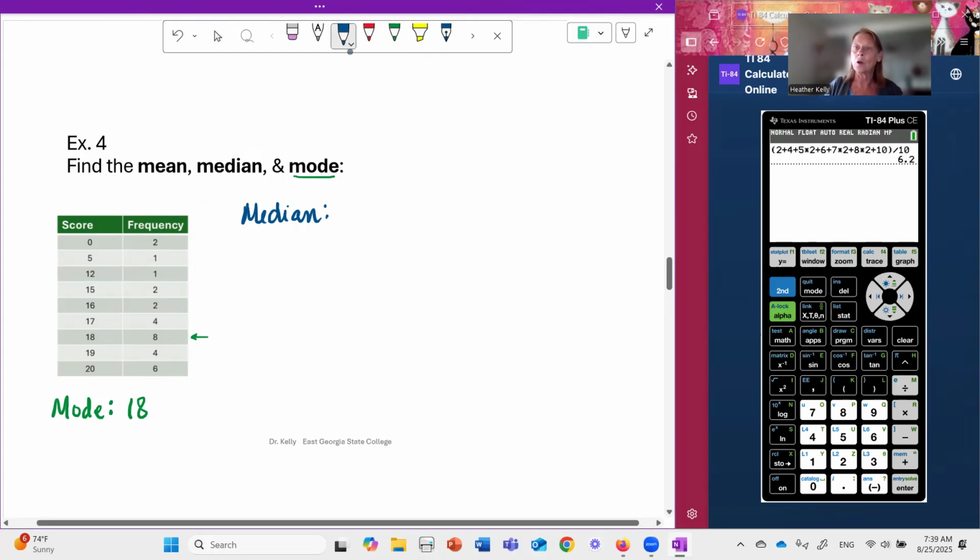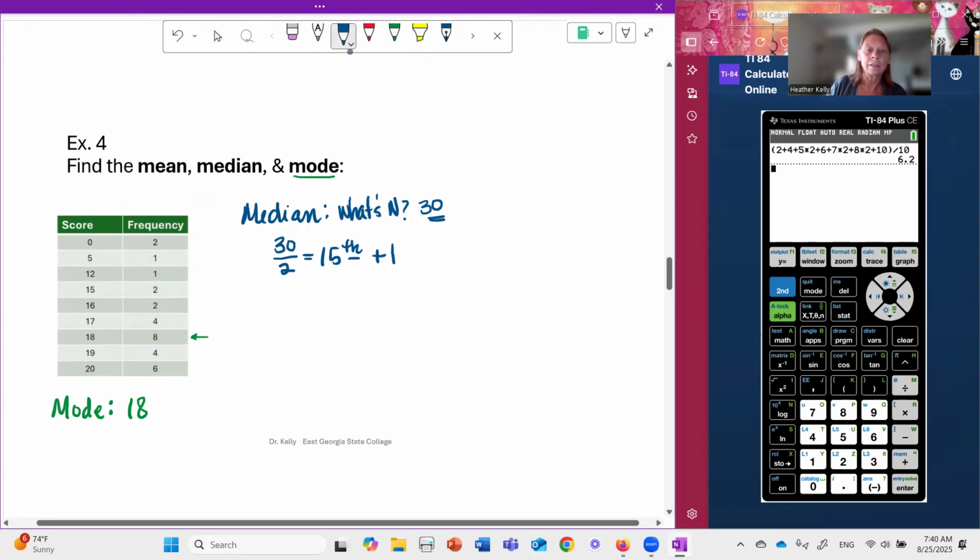But we do need to know what is in. So for the median, when you're given a frequency table, we need to know what's in, right? What's n? All right. How many are there? And how we figure that out is we add this up. So we have 10 and 8 is 18 and 4 is 22, 24, 26, 28, 29, 30. n is 30 here. So we're going to say 30 divided by 2 gives us the 15th